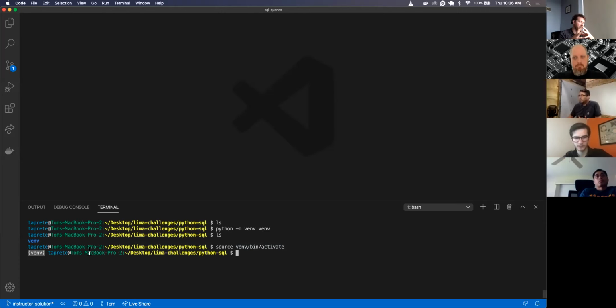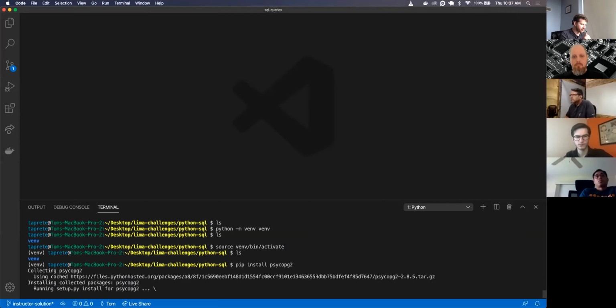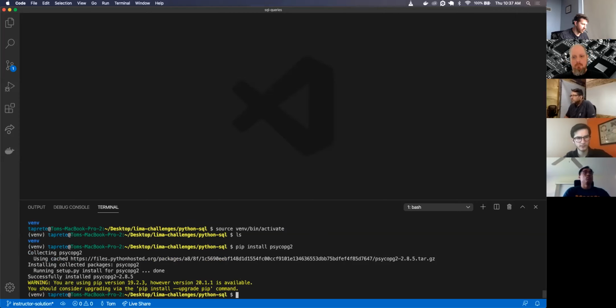Nothing's really substantially installed. Now I can go ahead and install my Psycopg2 module. So I can do pip list. I don't really have anything in here. I'm still in my virtual environment. I'm going to pip install Psycopg2. Collecting. Does anybody have any questions on the virtual environment? It says successfully installed Psycopg2